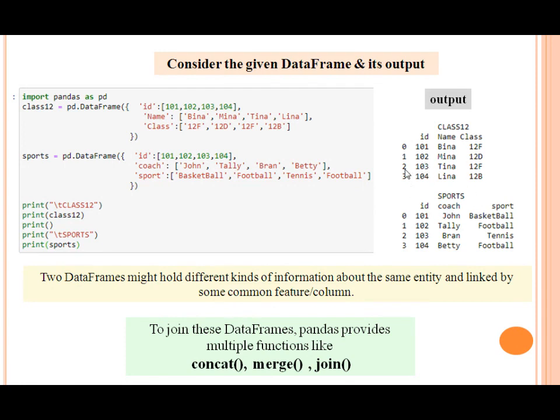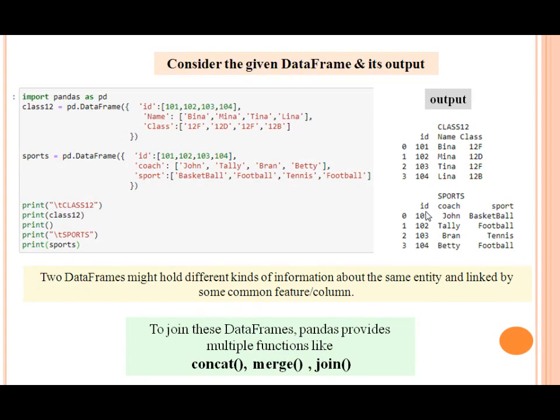So in this output, children see we have one common column. So for doing concatenation, merging and joining, one should have a common column in both the data frames so that our data frames are linked together. Children see this is very similar to SQL database. You have done the joining in the database management system.